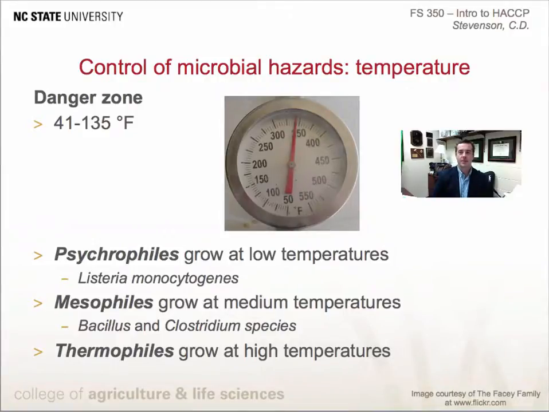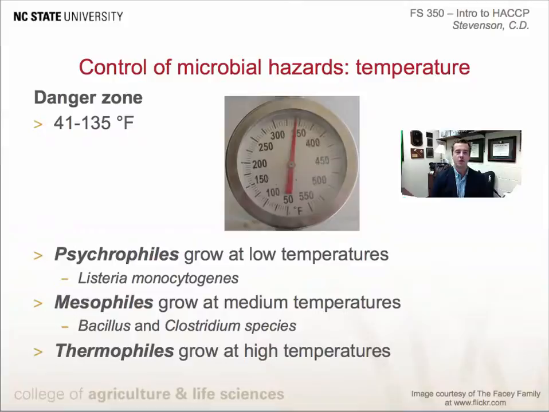Growth of pathogens can be inhibited by controlling the conditions of storage of food products and ingredients. The FDA's Bad Bug Book lists the growth temperature range of some common pathogens. You will note that most of the pathogens will not grow appreciably at refrigerated temperatures below 5 degrees Celsius or 41 degrees Fahrenheit. Those that do grow are considered psychrotrophic pathogens, and they do not grow well in the presence